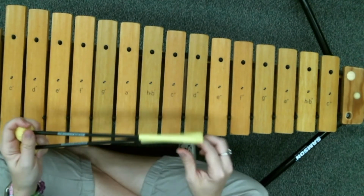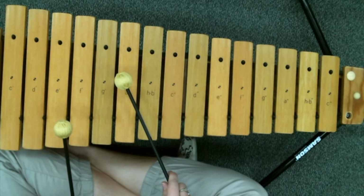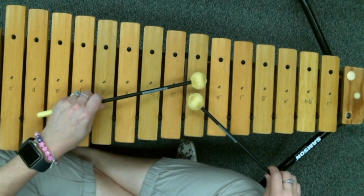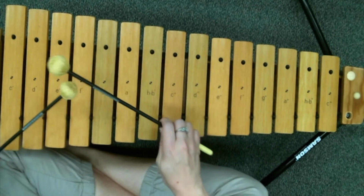Okay, let's do the entire thing now at that slower tempo with the letters. Remember, I'm going to count on that 5, 1, 2, 3, 4, 5 for that third measure. Ready? And at slow tempo. D, D, D, D, C, B, A, A, A, F, F, F, F, A,